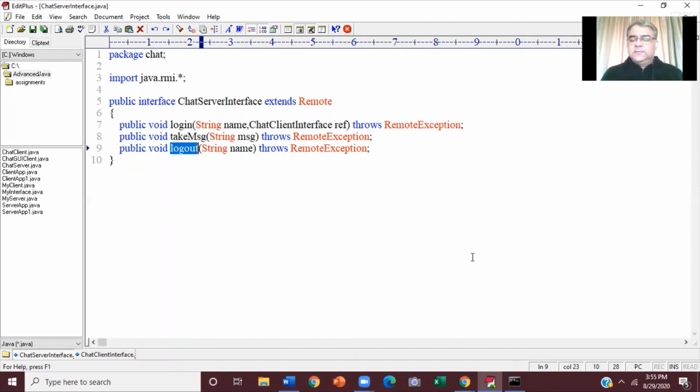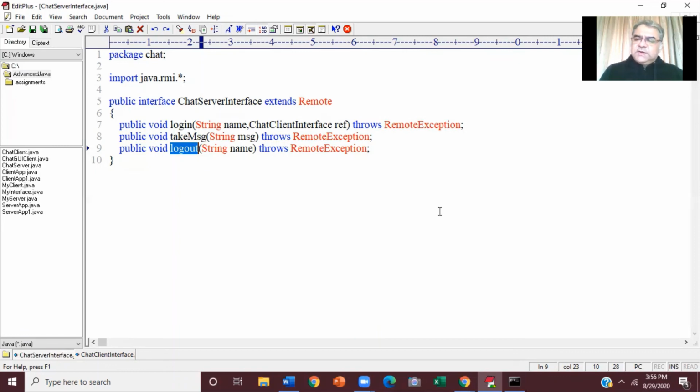A part of that, in your server application, as I told you, that client info class has to be written, that you can write it as inner class. It can be written as outer class. It can be also written as a separate source code. That is your choice. Okay. So this makes up your server application.